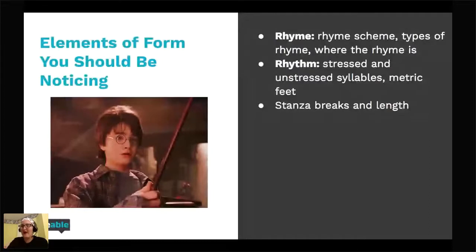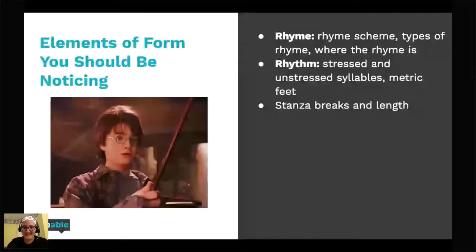So again, there's nothing that happens by accident in serious literature. If a stanza ends in the middle of a sentence, then the author wants you to look at how that sentence changes if you split it in half. You can mention that in your essay, saying that the author chose to split the sentence in half because he or she wants to emphasize this part of it, or wants to show a split tone, or might want to have a tone shift here. Stanza length as well: if one stanza is significantly longer than another, then maybe the author is putting more emphasis on the longer stanza than the short stanza, or vice versa. So those are things you can talk about.